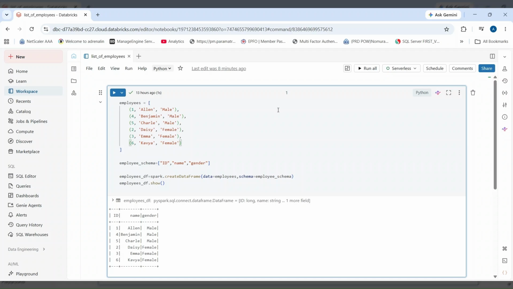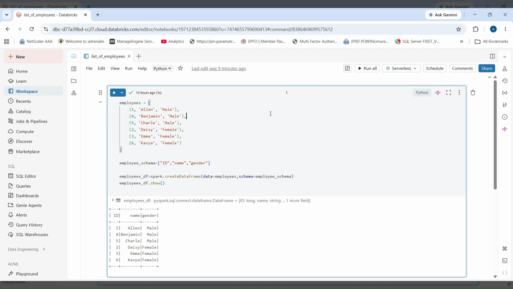In today's video, we will solve a real world data engineering question using PySpark. Questions like these are commonly asked in data engineering interviews at top companies. So first, we will go through the problem statement, understand the logic step by step, and try to implement the